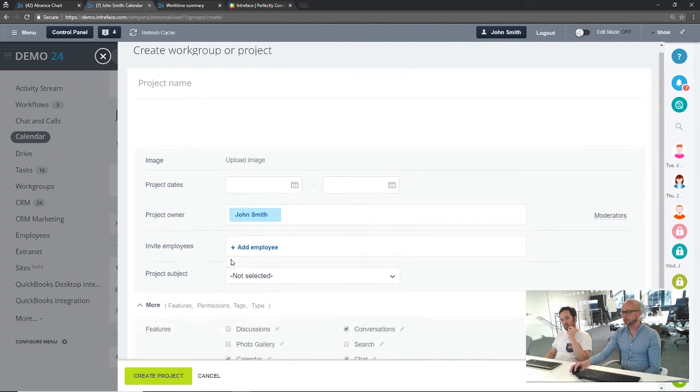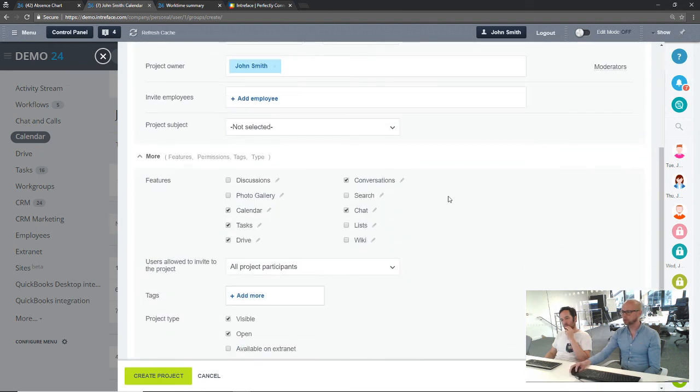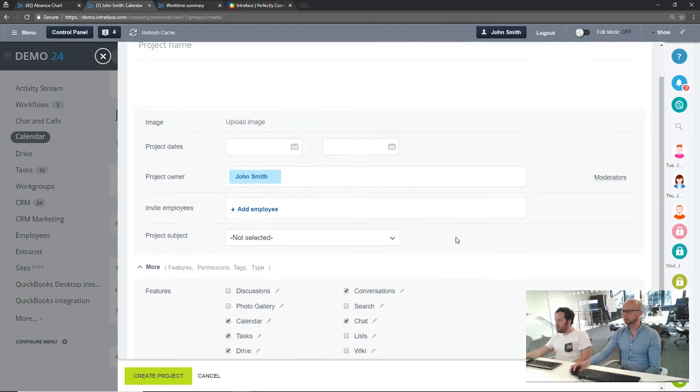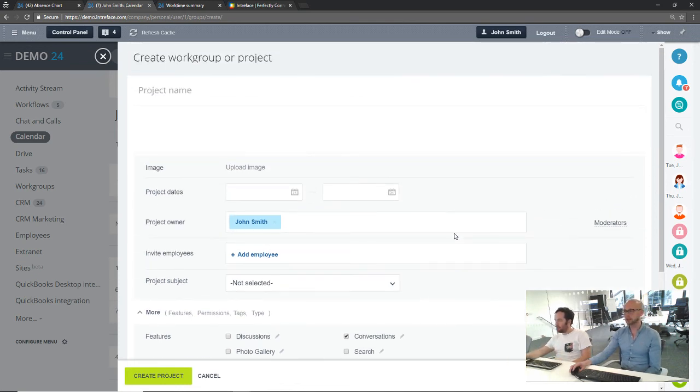So when you create a work group or project group, it doesn't enable all the features by default. So lists and wiki and these features here, you'll need to switch on if you want those to be displayed. But the difference, to answer the question, the difference is